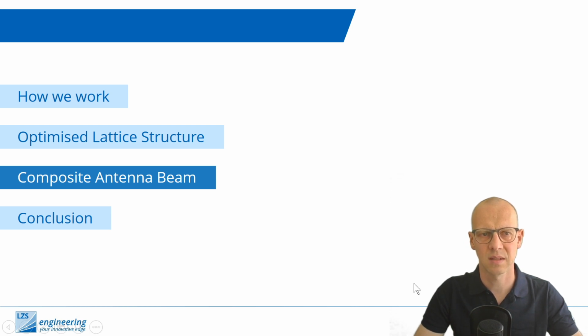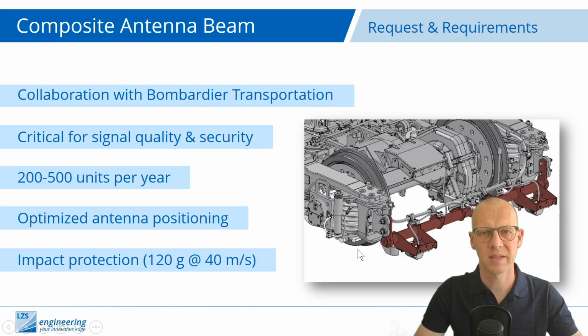Now to the next example of the composite antenna beam. The composite antenna beam was a project together with Bombardier, and it's from a completely different application than the bracket and the lattice structure. It's an antenna beam which does what its name called for. It holds some antennas and it's located on the bogie of a rail engine, and its main task is to position these antennas directly